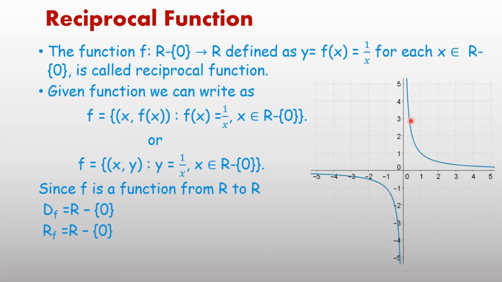Values of y, using the graph, we can also check. Movement of the graph on the x-axis is from plus infinity to minus infinity, all real numbers, but at x equal to 0 it never meets the y-axis, meaning all real numbers except 0. Same for the y-axis: values of y, movement along the y-axis, are all real numbers except 0. It will never meet the x-axis for any value of x. Therefore, the range is also R minus 0 and the codomain is the real numbers.